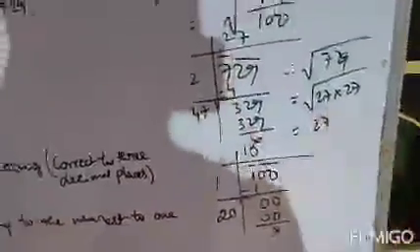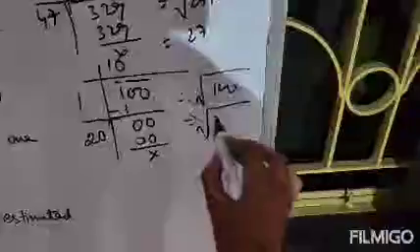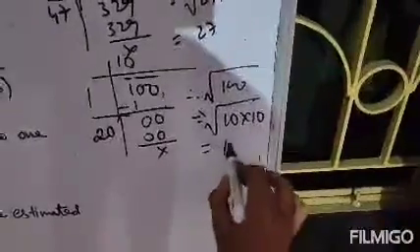You can do it by this method. Also you can do it by another method that I have done previously, that is between these two zeros only one zero will go upward. You can do it by that method also. Clear? So the answer is 10. Your answer will be 10. Therefore the square root of 100 will be 10 into 10, that is 10.